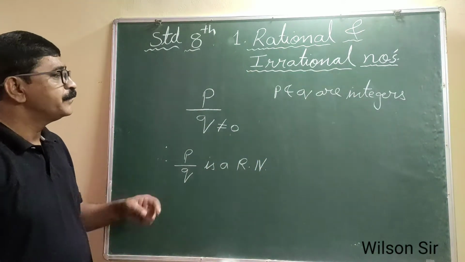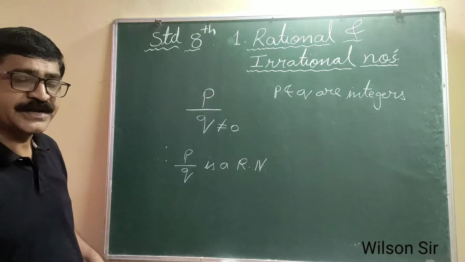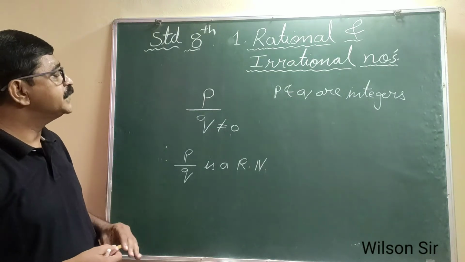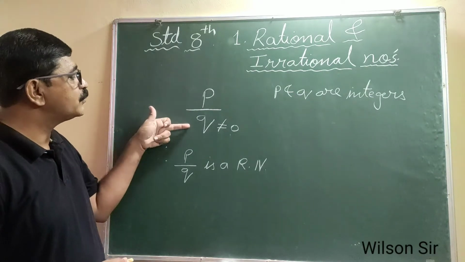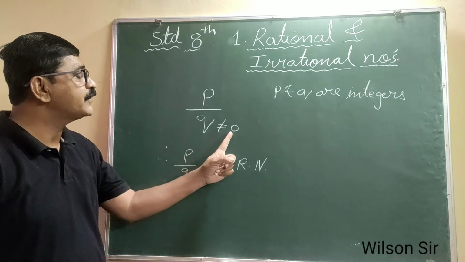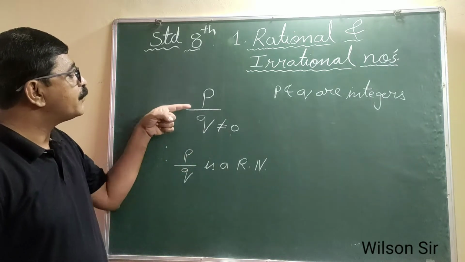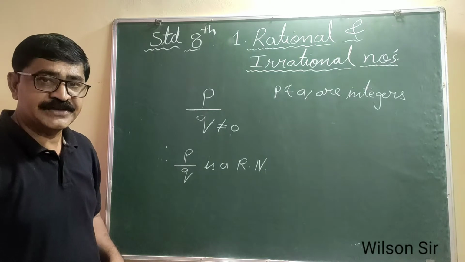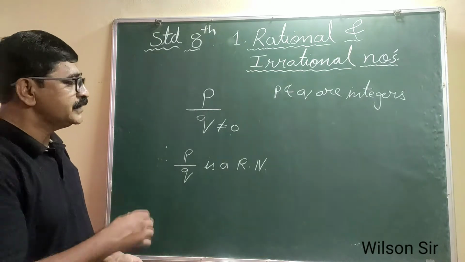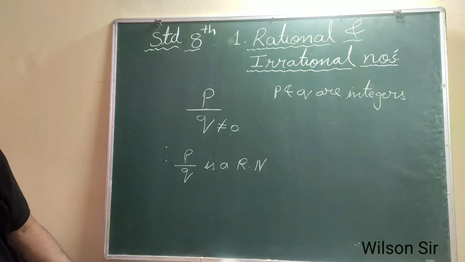Followed? P and Q are integers, and when the integers are in the form of numerator and denominator, where the denominator is not equal to 0, then the form P upon Q is called a rational number. So this is the definition of a rational number. So now